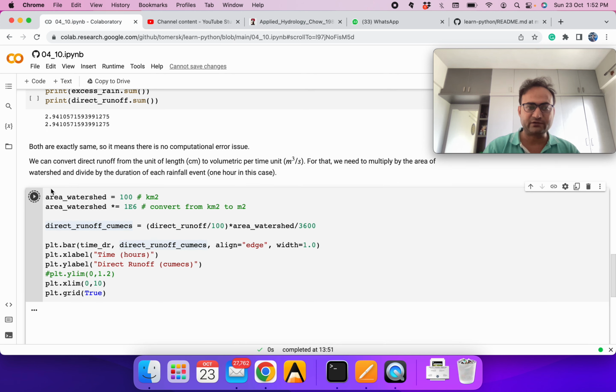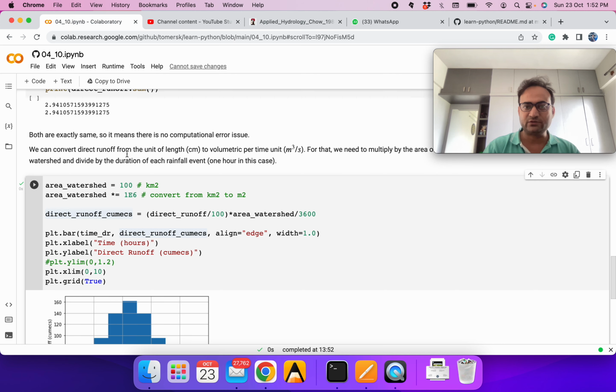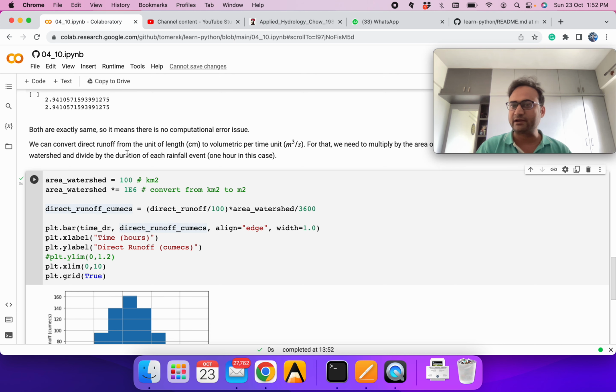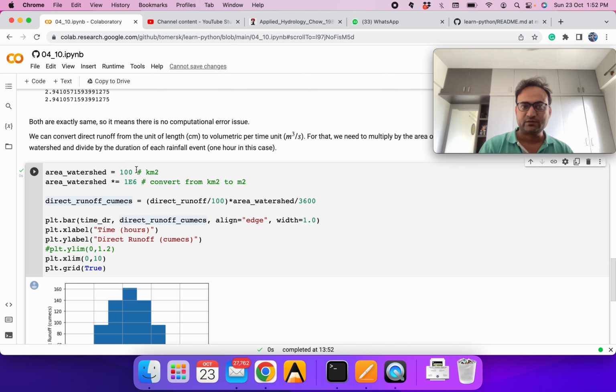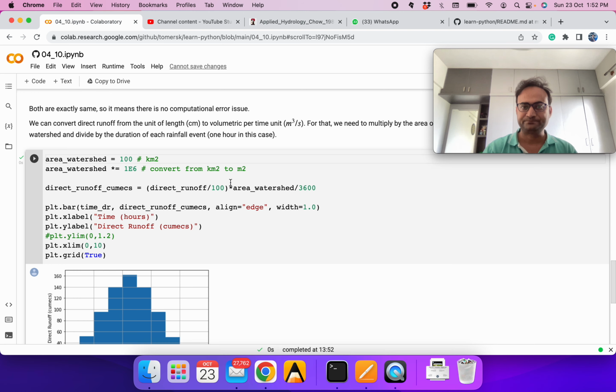Now we can convert our value into the unit of meter cube per second or any volume per time unit. So we can multiply with the area. We have assumed the watershed area to be 100 kilometer square. We can convert everything into meters and the time into seconds. So we are converting from kilometer square to meter square.